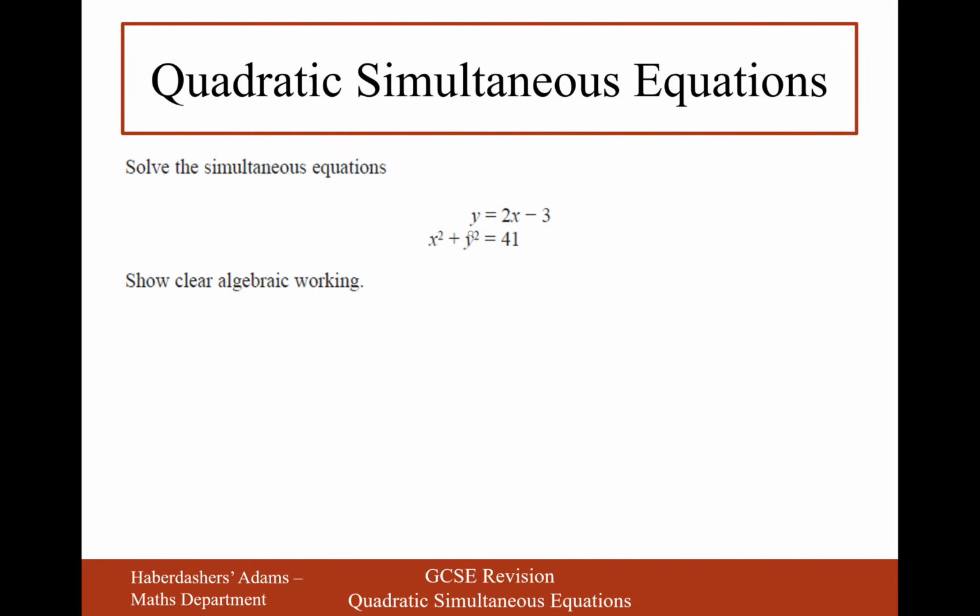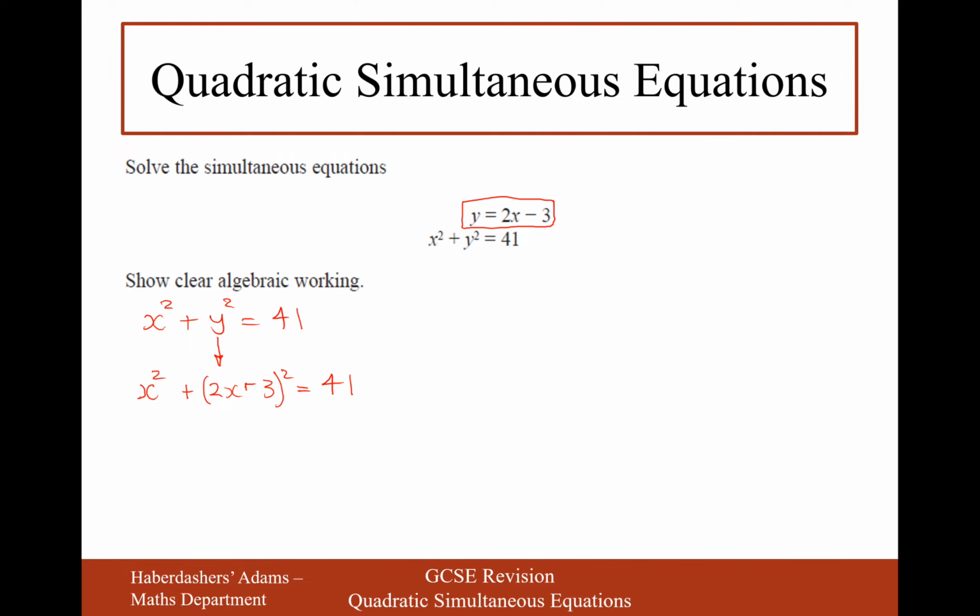Okay, so what we're looking to do is find x and y that satisfy both of these equations. So what we've got is x squared plus y squared equals 41. But we also know that y is equivalent to 2x minus 3. So in this x squared plus y squared equals 41, I'm going to replace y with 2x minus 3, because I know that y is equal to 2x minus 3. If it's equal to it, it means it's the same. So it's 2x minus 3